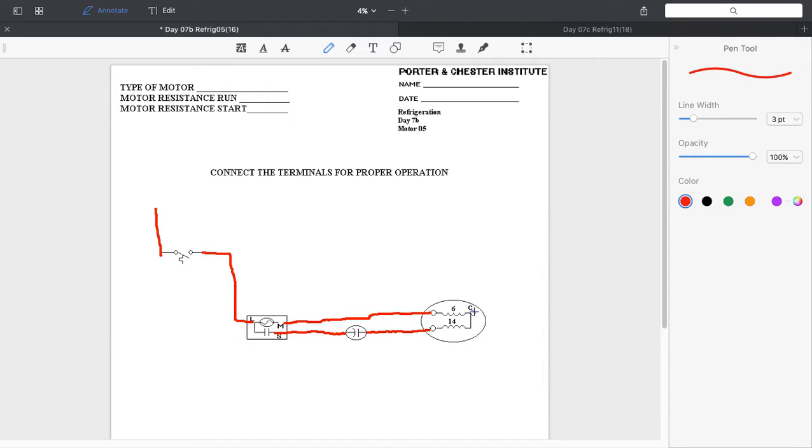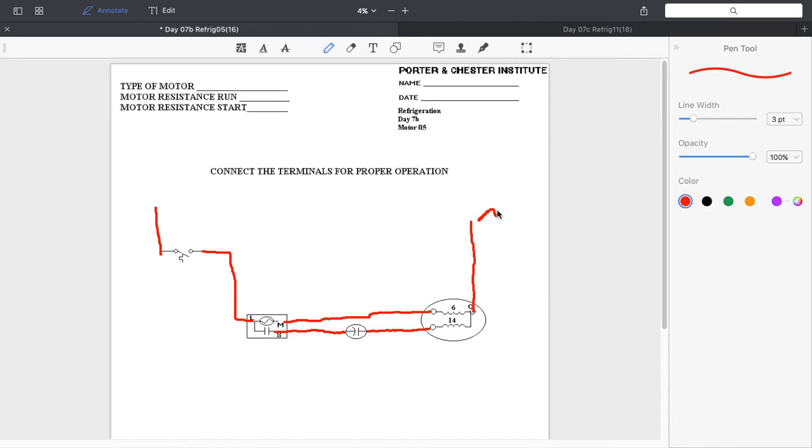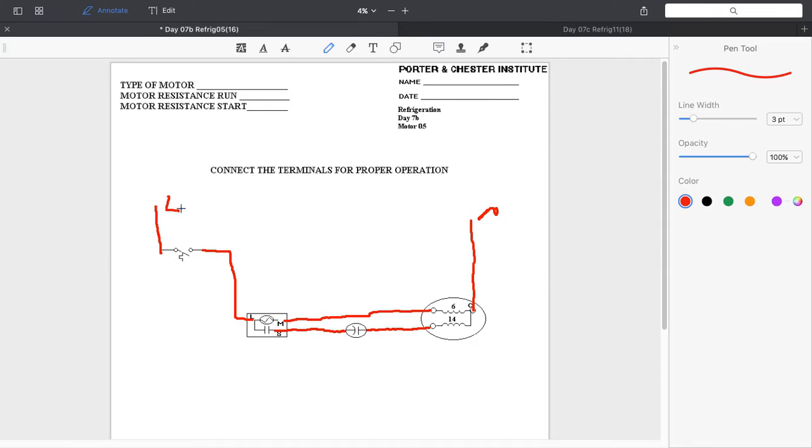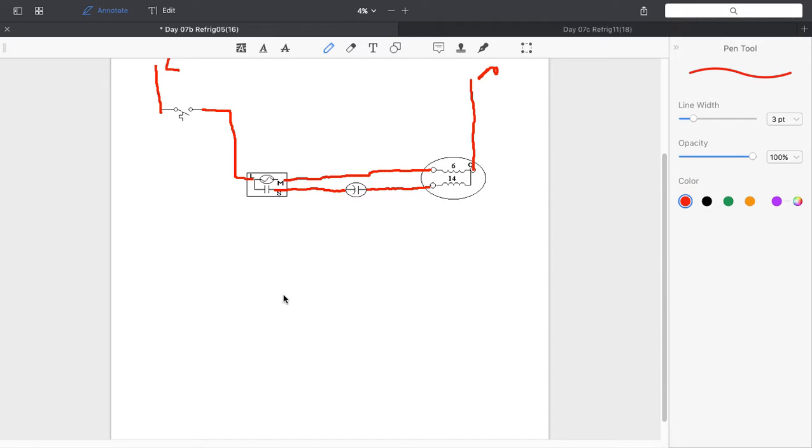Now, we're going to come out of C, and that would come back to neutral. So this would be my neutral. This is my line. Now, if I were to draw this out in a ladder diagram, I'd have my line, I'd have my neutral. I'd come out of line, come across to a cooling thermostat,